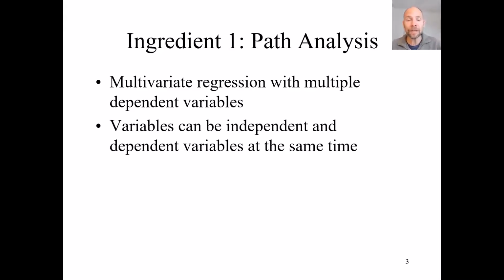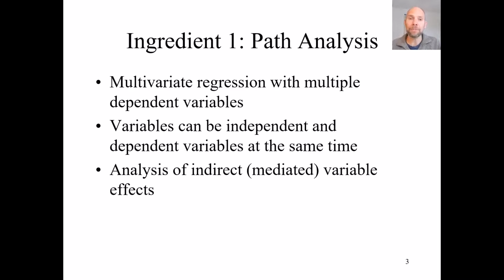And also, variables in path analysis can be dependent and independent variables at the same time, which means there can be so-called mediator variables, where one variable causes another variable and then that variable causes another variable, as we will see. So we can analyze quite complex relationships with path analytic models, much more complex than with multiple regression,